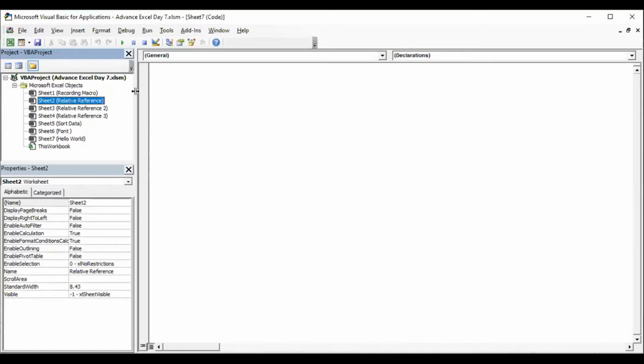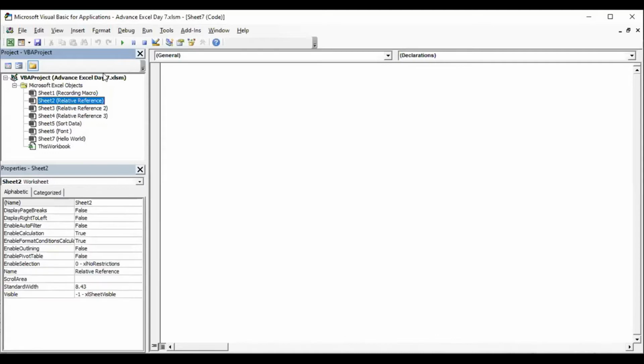This is the IDE for Visual Basic. Although it looks very boring and outdated in comparison to other programming languages, we just need to go with it. So I'll explain how it exactly works.